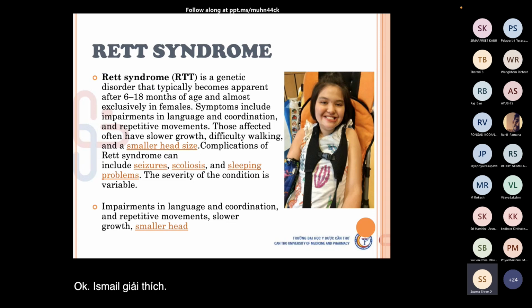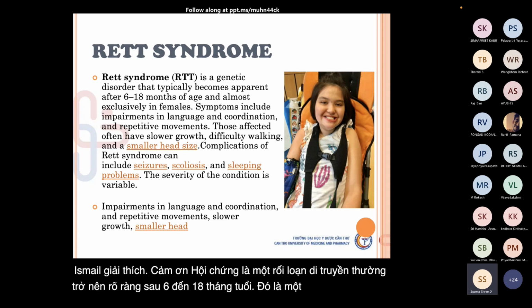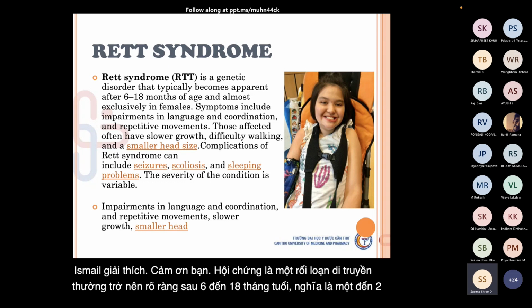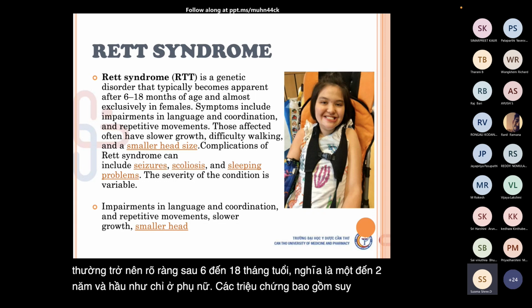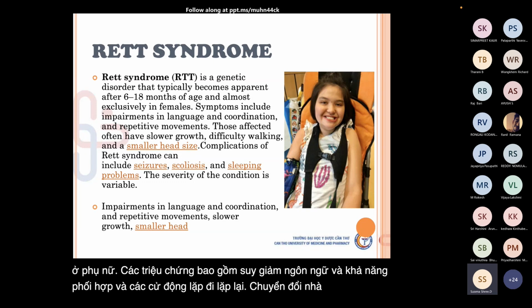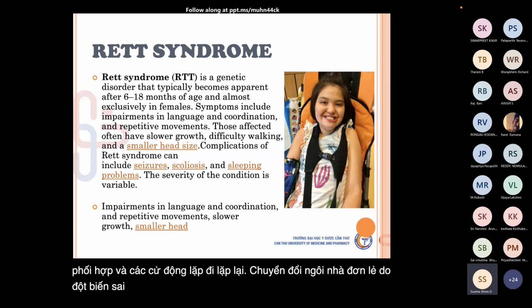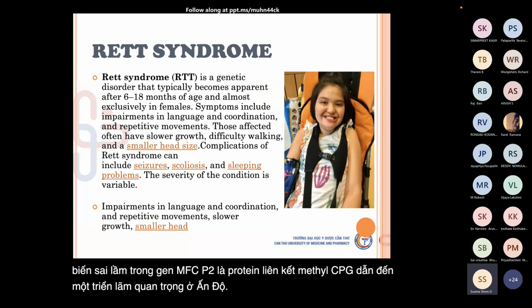Thank you. Rett syndrome is a genetic disorder that typically becomes apparent after 6 to 18 months of age, that is 1 to 2 years, and almost exclusively in females. Symptoms include impairments in language and coordination and repetitive movements. Basically, RTT, that is Rett syndrome, is caused by a missense mutation in the MECP2 gene, that is methyl CpG binding protein 2, which results in a significant expression in the brain. Those affected